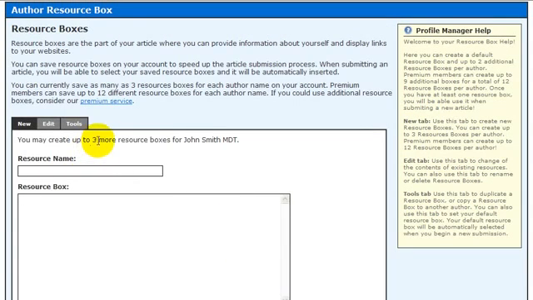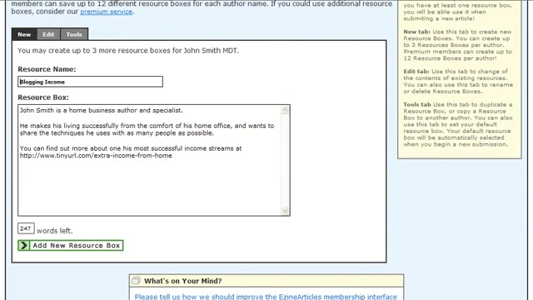You may create up to, and this saves a bit of time, because let's say our character John Smith here was promoting and working for 3 different companies, we can create 3 resource boxes, which will save us time, as you will see when we are submitting our articles. But very, very quickly, again, I shall fill this in and give you an idea of what a resource box is all about. So here is a very quickly put together, it has to be said, resource box.